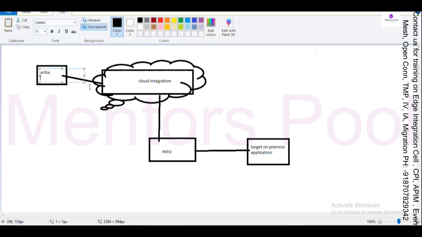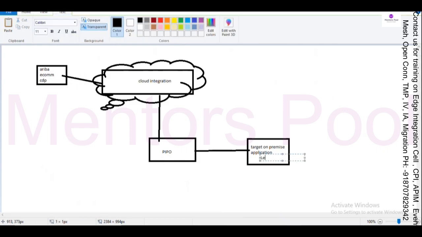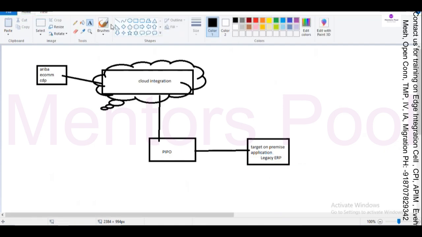Let's say it can also be an e-com application, customer data platform, whatever. And you want this information to go to your on-premise ERP, legacy ERP application, for example. So in this scenario, this is called a hybrid